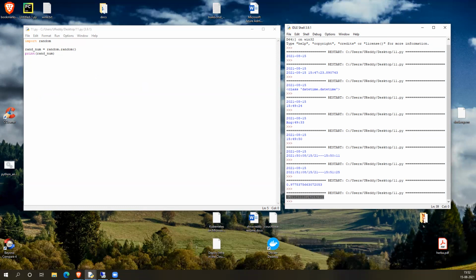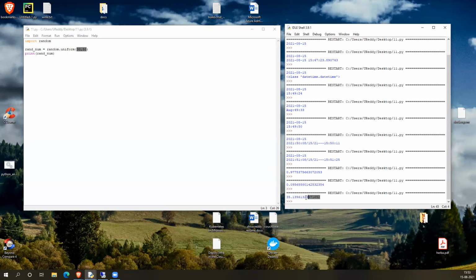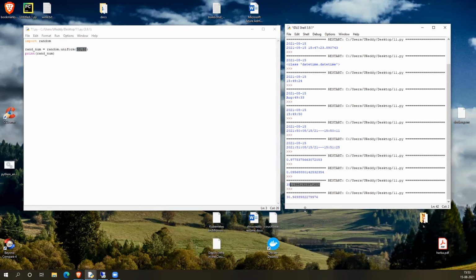So if you want to change the range, instead of random, type random.uniform, and I want the range between 30 and 50. So a random value will be picked between these two only. Of course, floats. Understood. But between that range only, between 30 and 50.